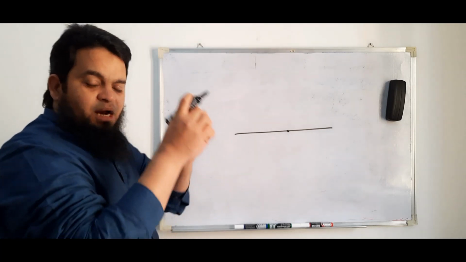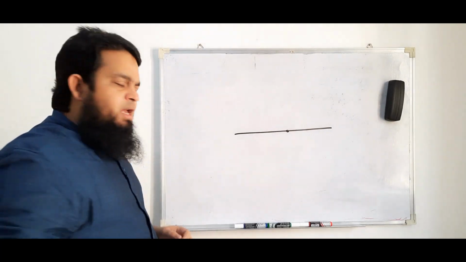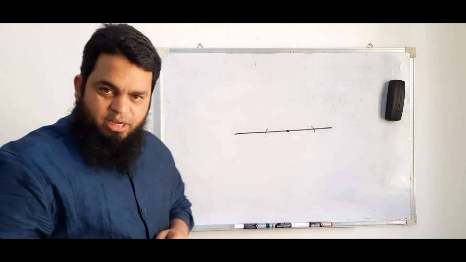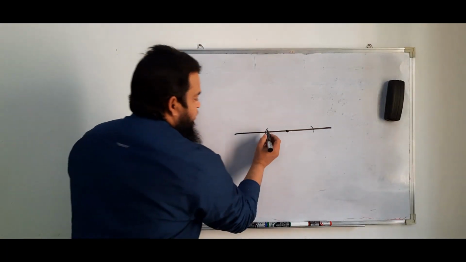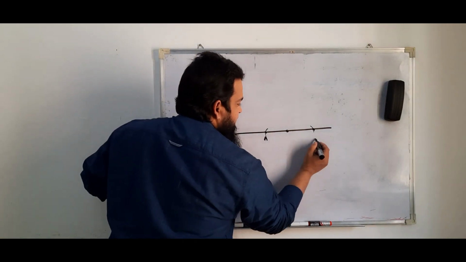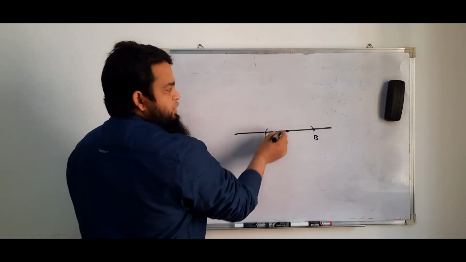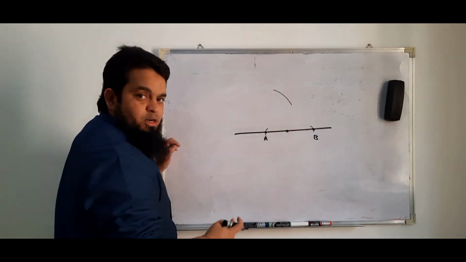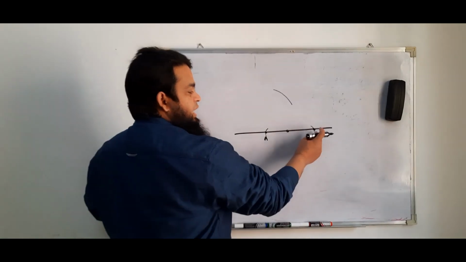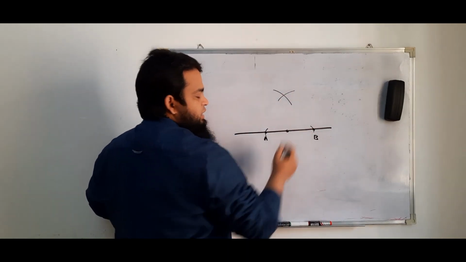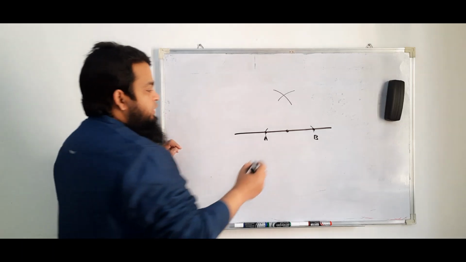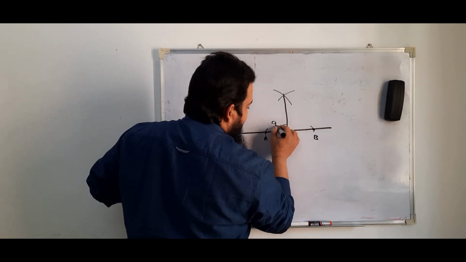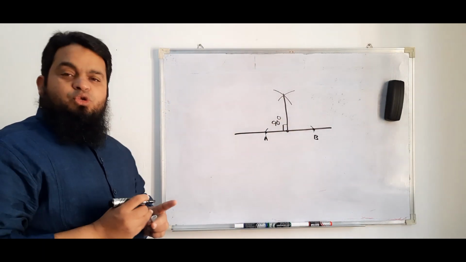You take a compass and whatever radius you want, and you draw arcs on both sides with the same radius. Okay, so now from this point, let us mark it as A and this as B. From this point, you take any radius and cut an arc on one side where you wanted to draw your perpendicular line, and from the other point with the same radius you cut an arc. Okay, so now you join these 2 points and this point will be 90 degrees. Okay, this you have to know.